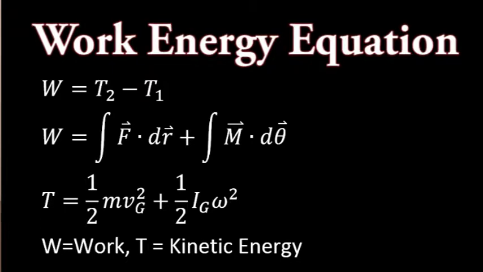plus the integral of the moment dotted with the angular displacement of the body. The kinetic energy for a rigid body is defined as 1/2 times the mass times the velocity of the center of mass squared, plus 1/2 times the moment of inertia about the center of mass of the body times the